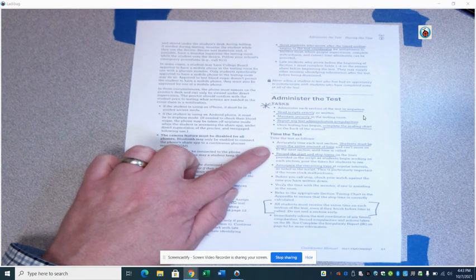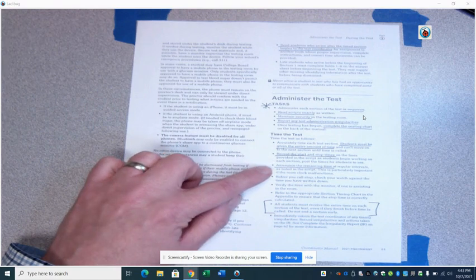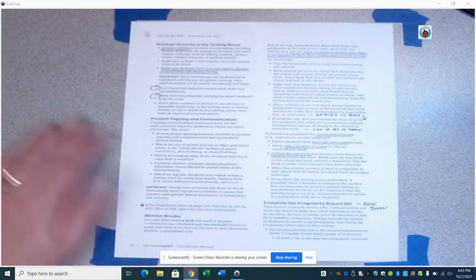Students have to be given their entire amount of time, even if they finish early, even if they have extended time, 100%. First test is 60 minutes. They get 120 minutes. They have to be given a full 120 minutes and allow that time to expire. You're going to record the start and stop times on the board. You're going to announce remaining times.